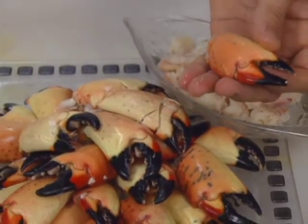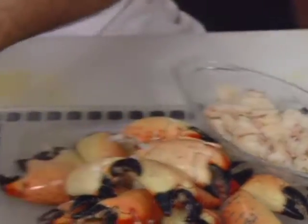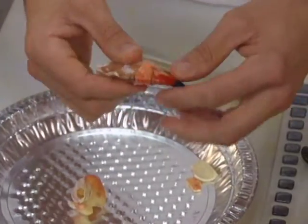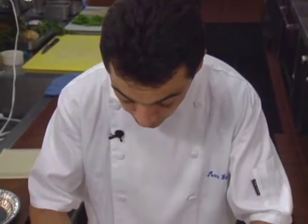So one way to crack it, one of the easiest ways, is by using a spoon and just cracking like this, both ways normally. After, you can just take the stone crab apart. That's it. Actually, that part could be for presentation. Some people like,